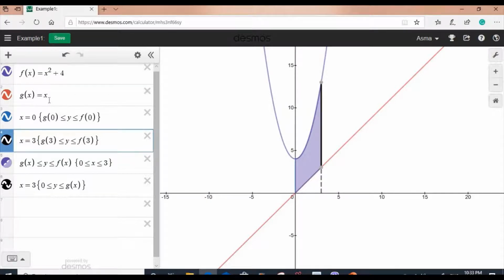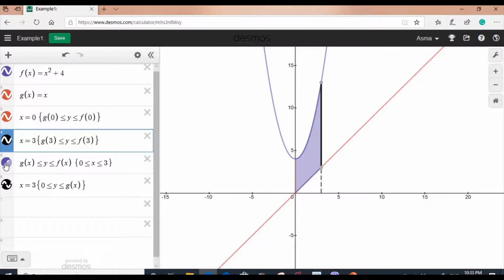And then I say g of x is equal to x, which is this function. And then I create the two bounds. This is the first bound. So let me try to change color so you can see it. And then the second bound, x is equal to 3. And then just to highlight this area, I want to find the region